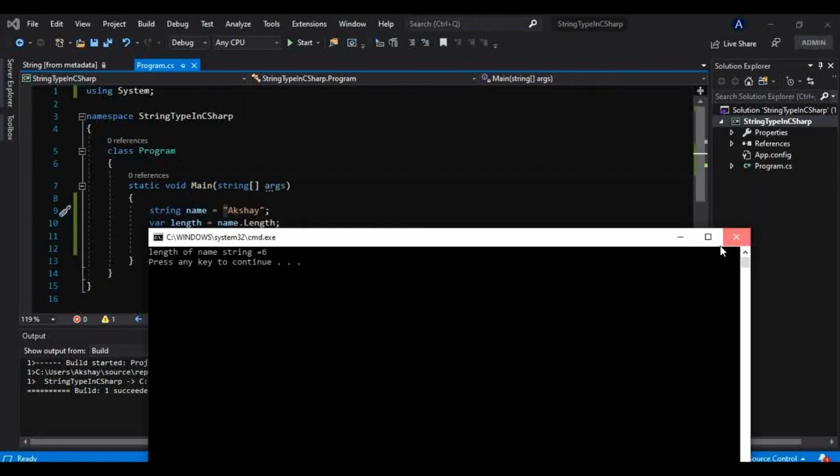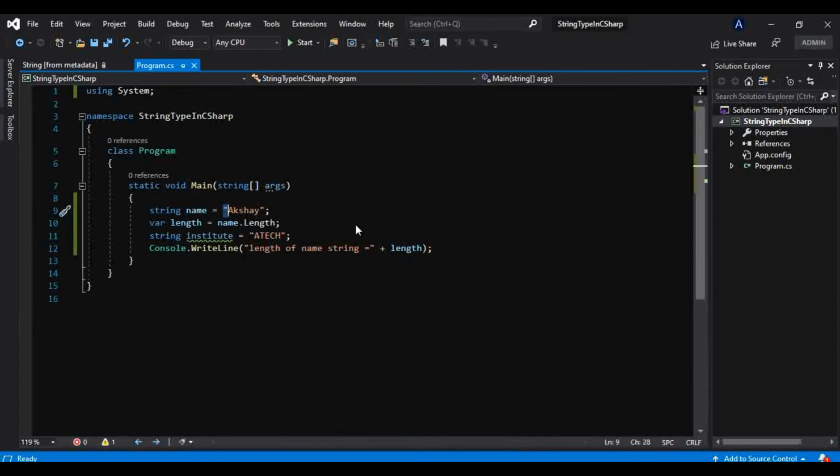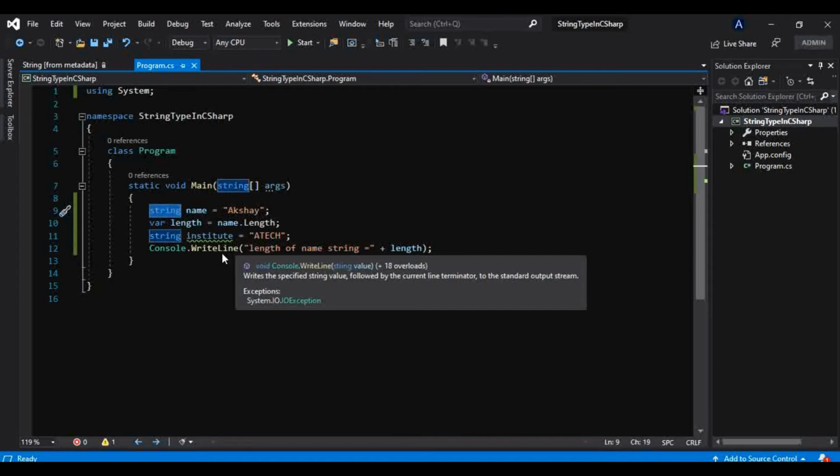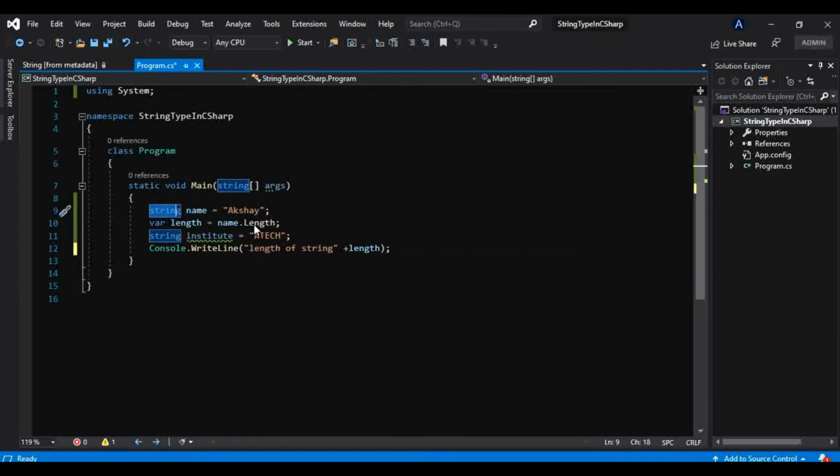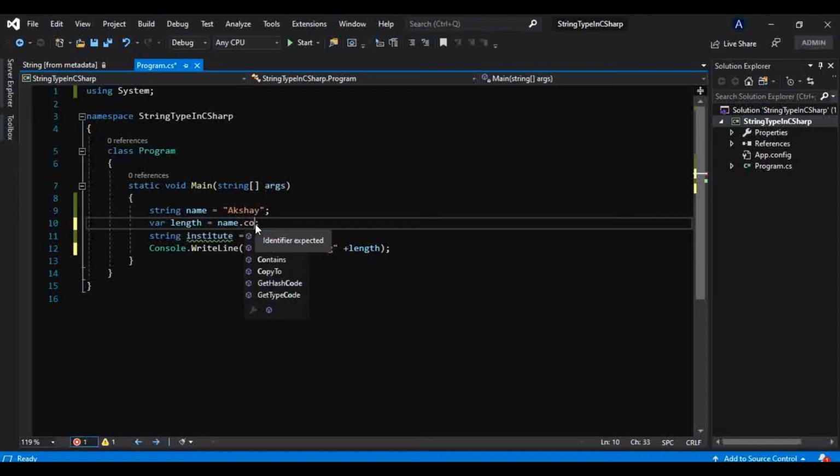Like this, there are many methods present inside the string type that we can use. I will show you one, which has the name Contains. It has a method something like name dot Contains.